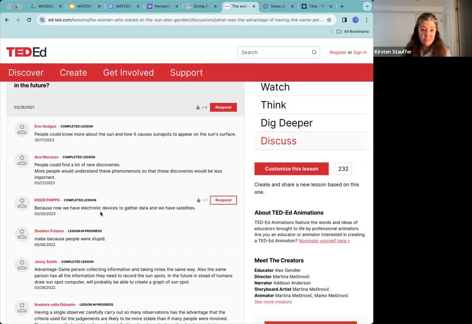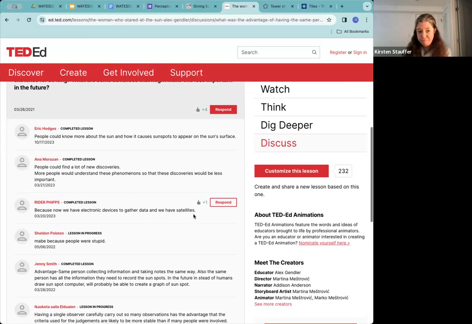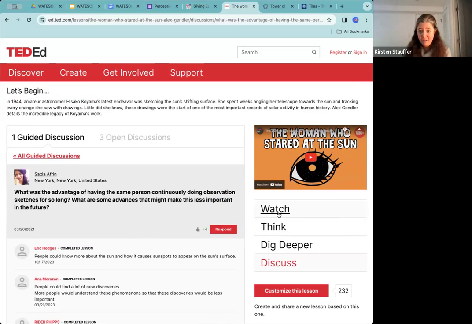So for example, people now, we have electronic devices to gather data, and we have satellites. So we could take a look at this sentence and we could have students do some grammatical analytical work with it as well. So we can still be applying all kinds of different principles from Bloom's taxonomy with the lesson that's already created. But if we go back to the video,